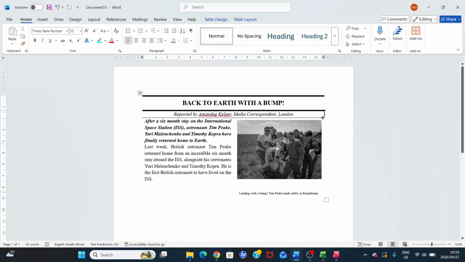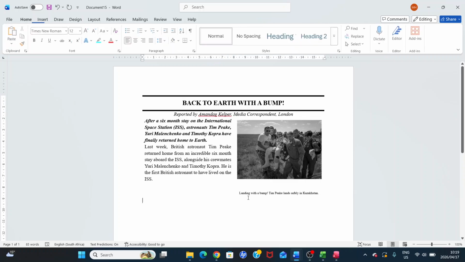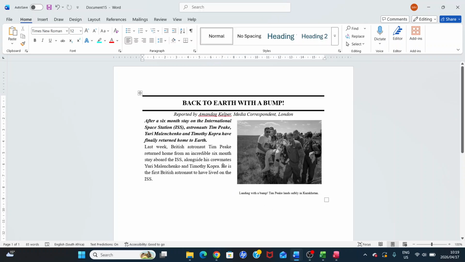All right, I see I forgot to erase a little line there. So I'm just going to go back to no border there and select, there we go, now it's gone. Okay, we don't want this to appear so far below, so we can now just try and see if we can pull this little border up. And there's another one there. I don't think we will be able to do that, so might as well enlarge this picture a little. All right, and that is that.